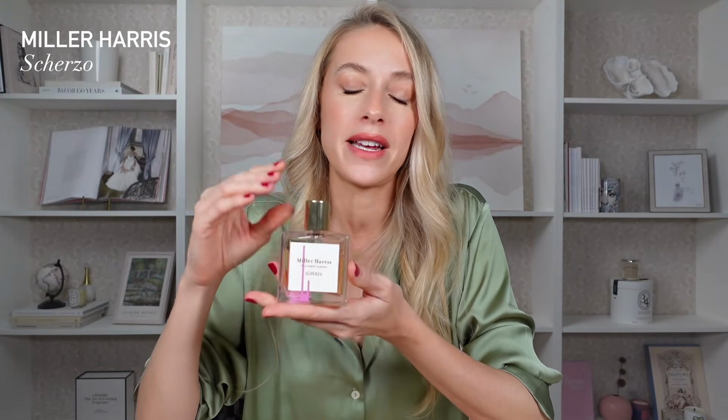It adds depth and darkness to the scent, but it's by no means overpowering. It is, as I said, the most beautiful fragrance. It's one of my most complimented perfumes, and I remember going by a boutique many years ago from Miller Harris,